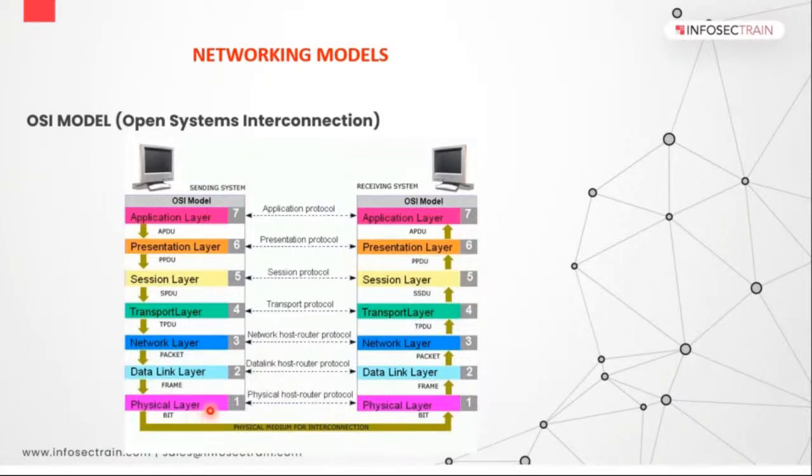Now over the physical layer, what is happening? Your data is changed into bits. Right? Now if your data is changed into bits, then it will be transferred over the physical medium or wireless medium. Now there is a thing, guys. If you are using a wired network medium, if you are transferring the data through wire, that is your physical medium. So the data will be sent in bits.